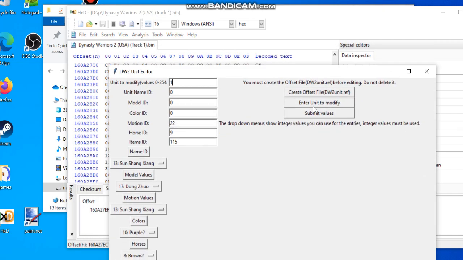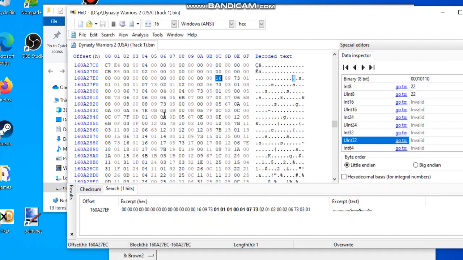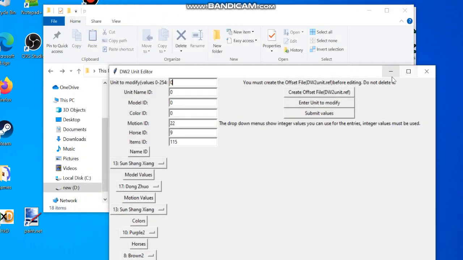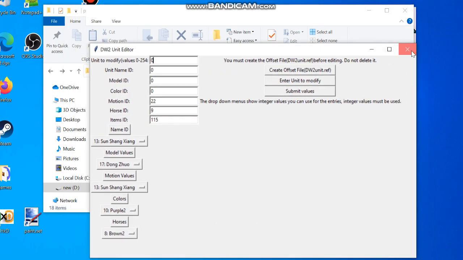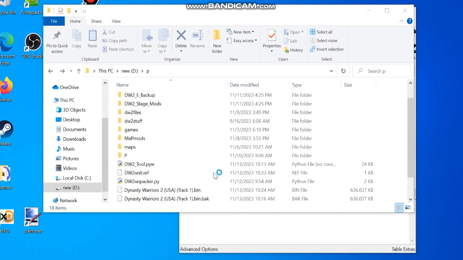And then to edit other ones, you would do edit unit to modify on the next unit. Let's say 55. And once you click the submit value, it will save the unit entry you just did. So it already saved the motion ID and it wrote it already. So we're going to exit this. We're going to also exit that. And